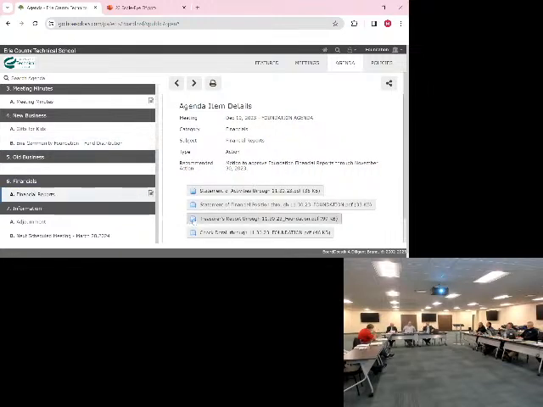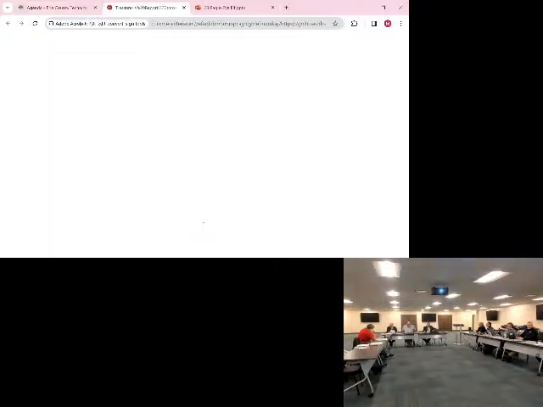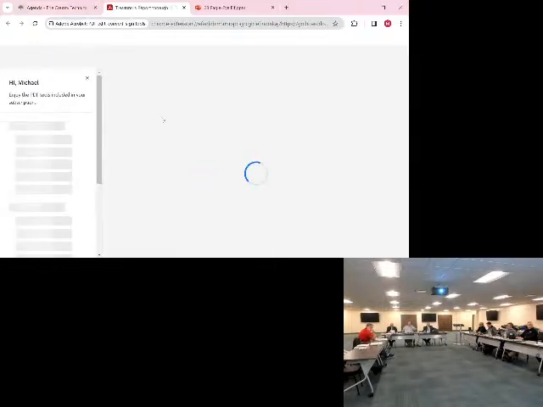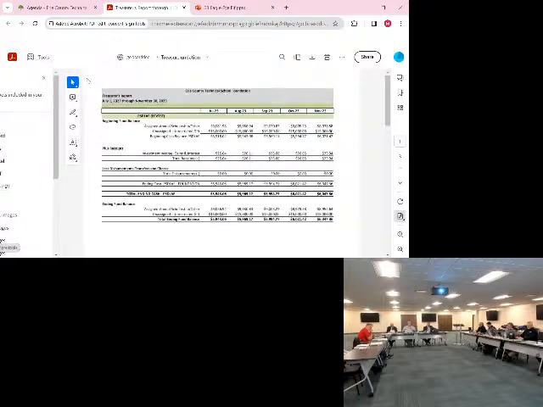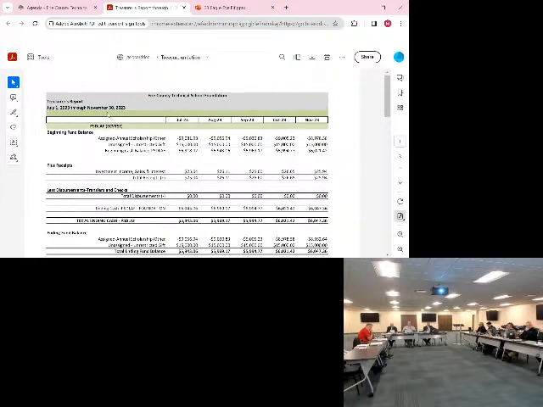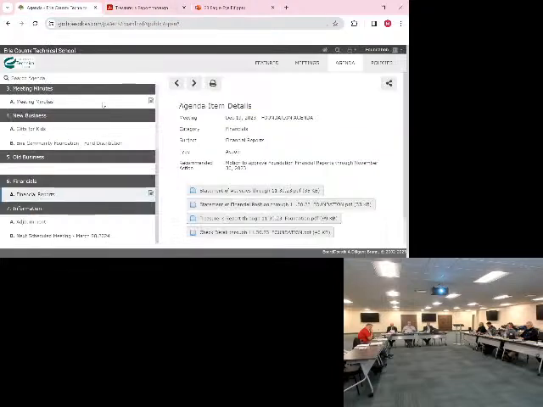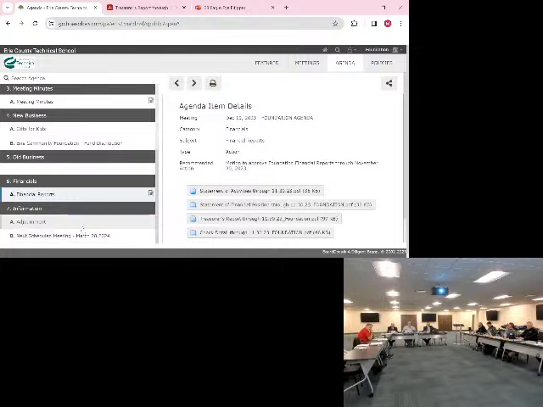As of November of 2023, the cash in hand is $17,064.89, and the investment account is $290,566.28. Motion to approve the financial reports. So moved. Second. All in favor? Aye. Opposed? All right, motion carries.